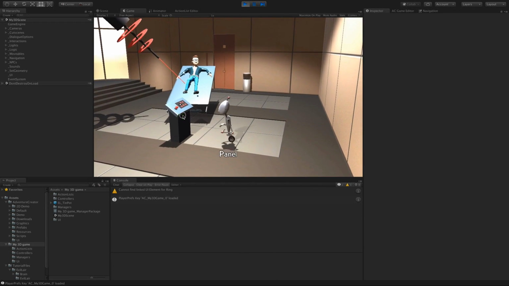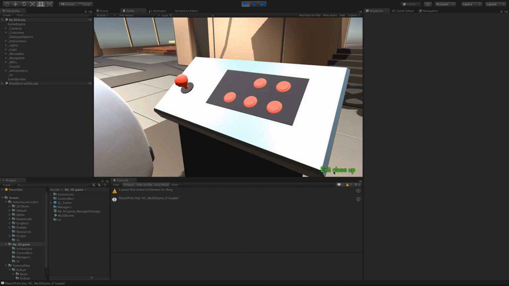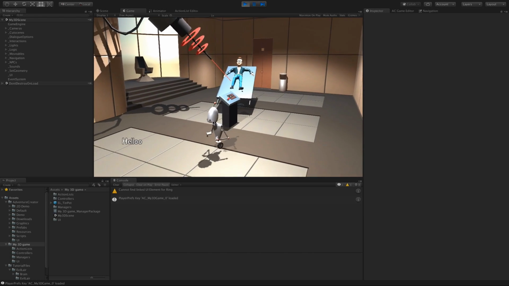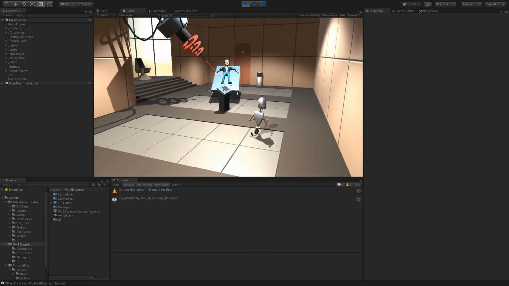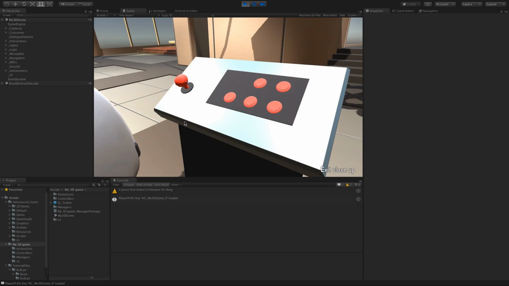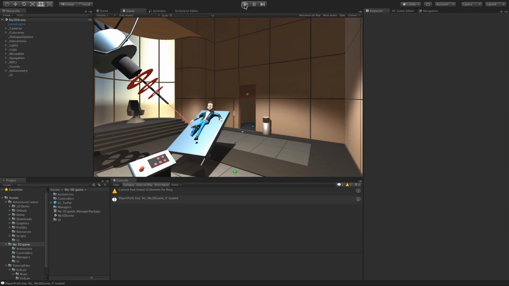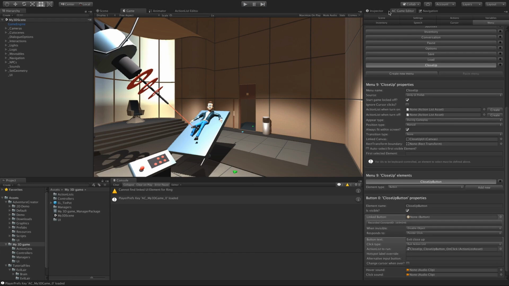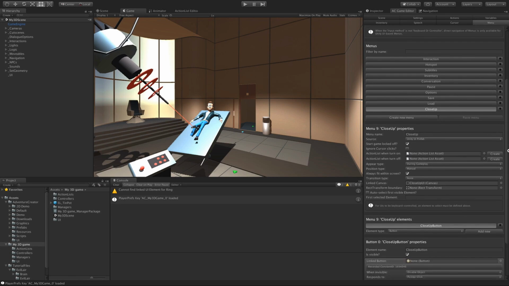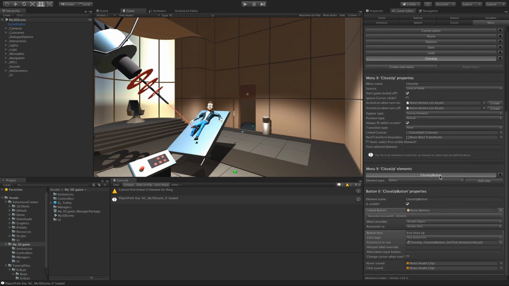We've seen how we can make a close-up and a button that then appears to exit the close-up. But since this is a direct controlled game, in that we're moving the player around with the keyboard, let's make it so that we can also exit the close-up by pressing a keyboard button. So what we effectively want to do is have an input button that triggers this button. Inside our AC game editor, I'll go to the menu manager, and then with the close-up menu selected and the close-up button element within that,